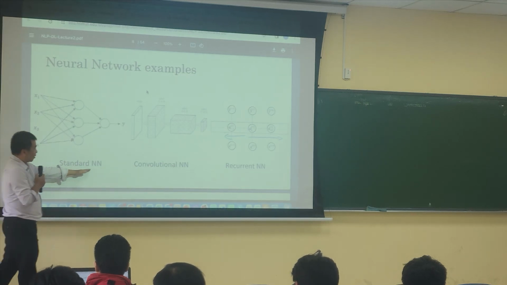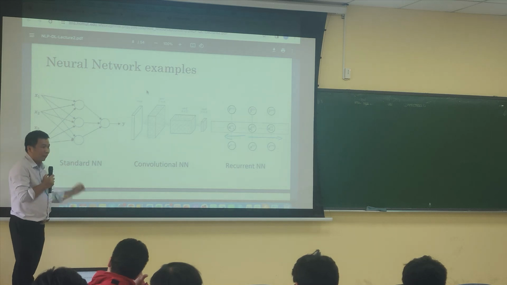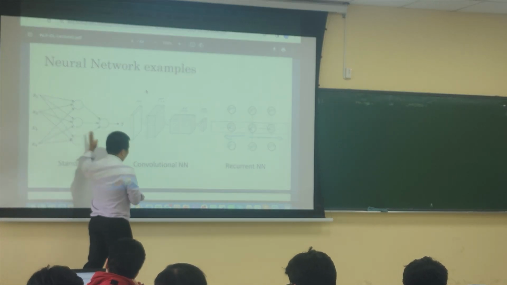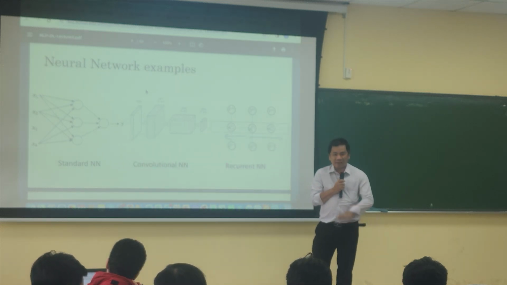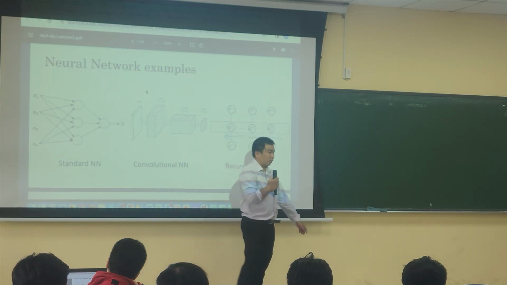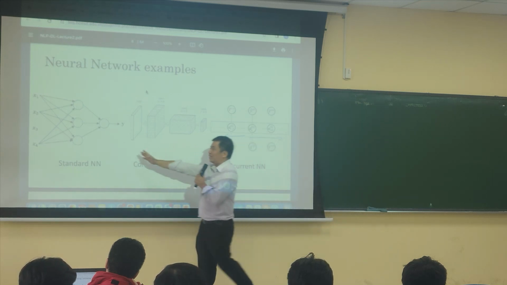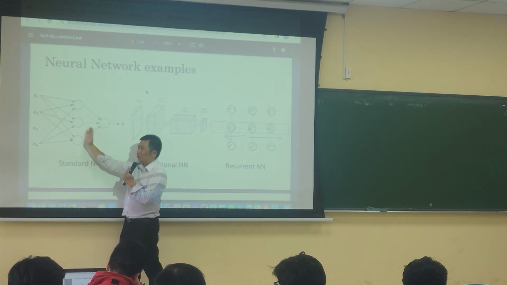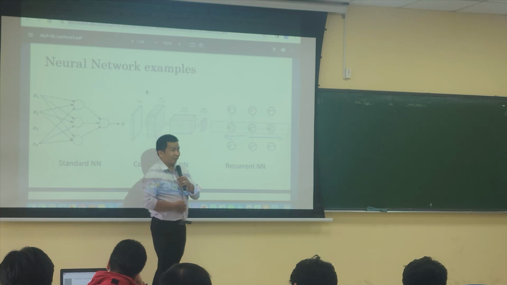So in the standard neural network, they have FC, fully connected neural network, or MLP, multilayer perceptron neural network. But keep in mind that it is not the only architecture of neural network. In the past, many different topologies of neural network were introduced. But now, because this one is easy for scientists to expand into multiple layers, just add more and more layers, and then you have deep learning.